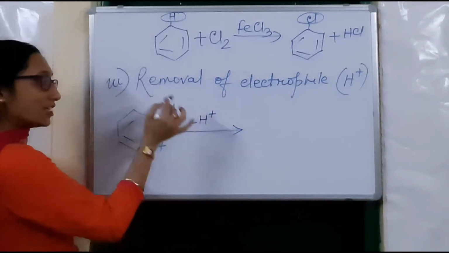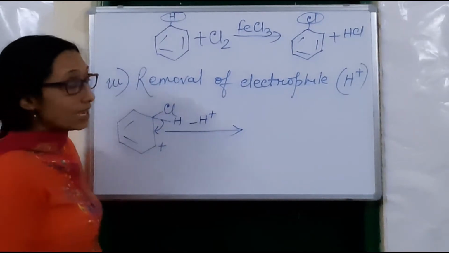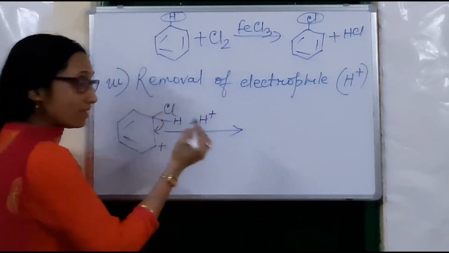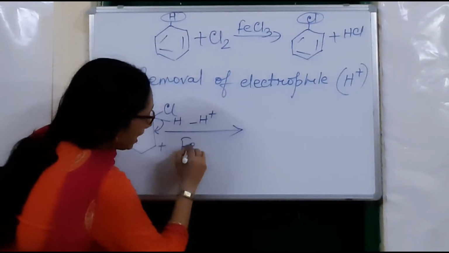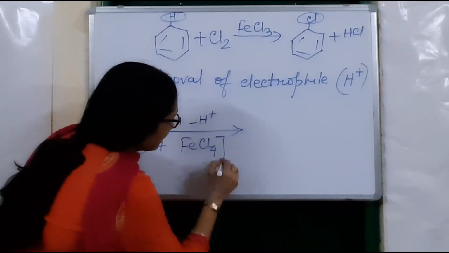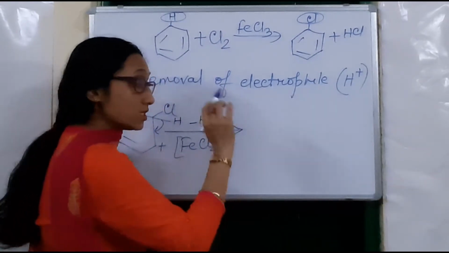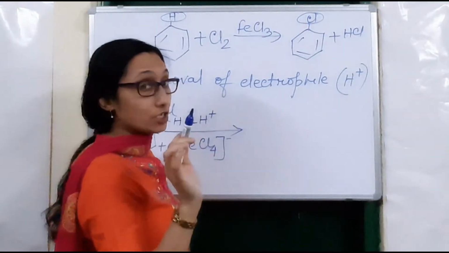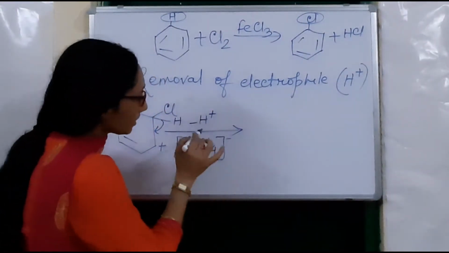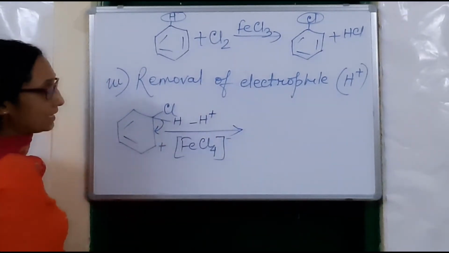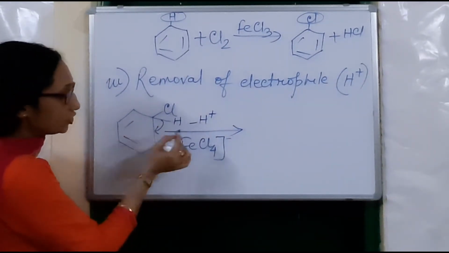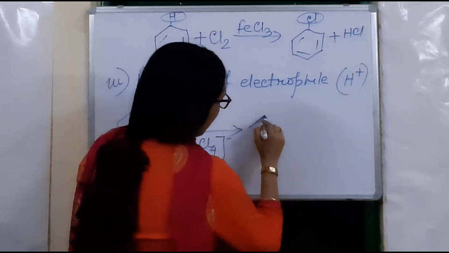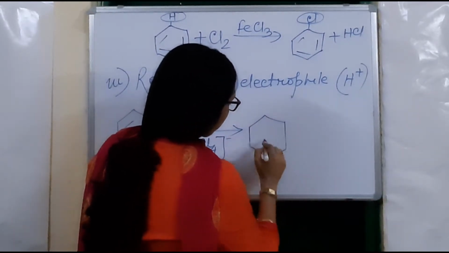Now who will snatch this H plus? Obviously a base. Now where is the base here? FeCl4 minus, that we have obtained in the first step when we have discussed the generation of the electrophile. This FeCl4 minus will abstract this H plus and the product will be